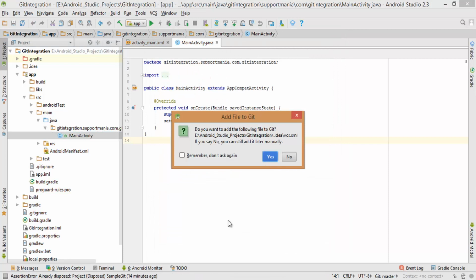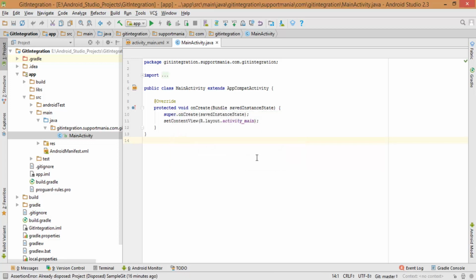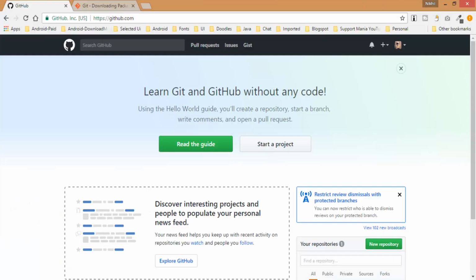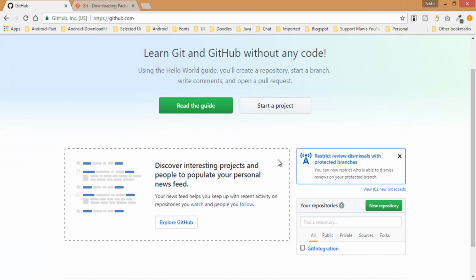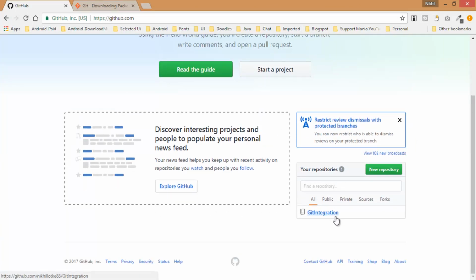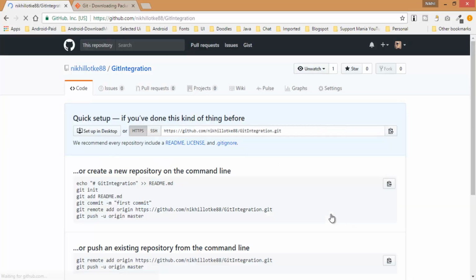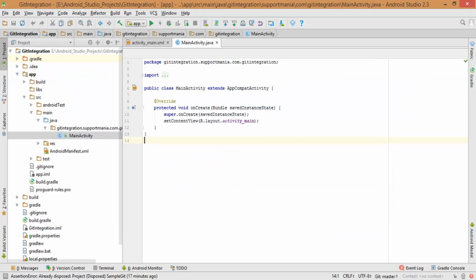You will find this pop-up saying add this file to Git. I'll say remember and don't ask me again and click on OK. Yes. Now go back to GitHub. This is my dashboard presently, and here you can see Git integration is already there in this repository. It has been created. Click on it. There are no pull requests, and also what I'll do is I'll just import this. To do import,